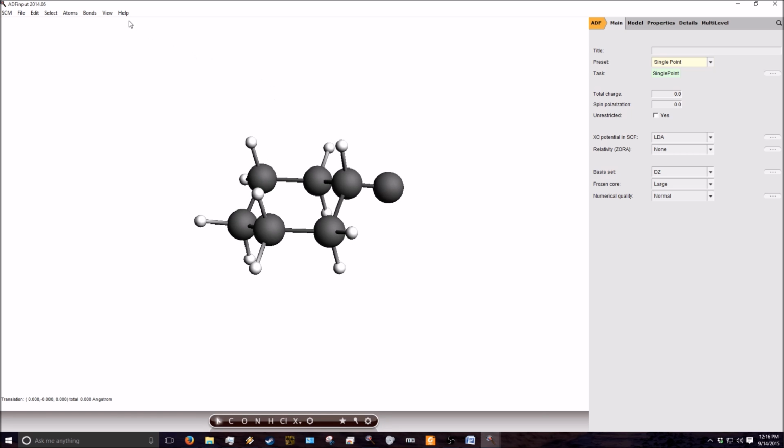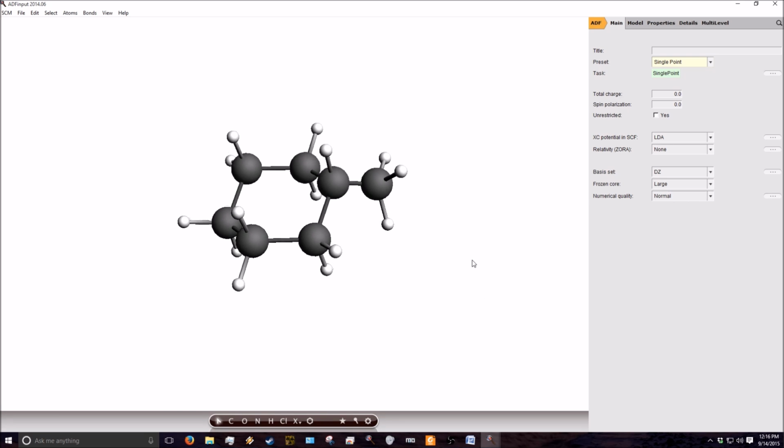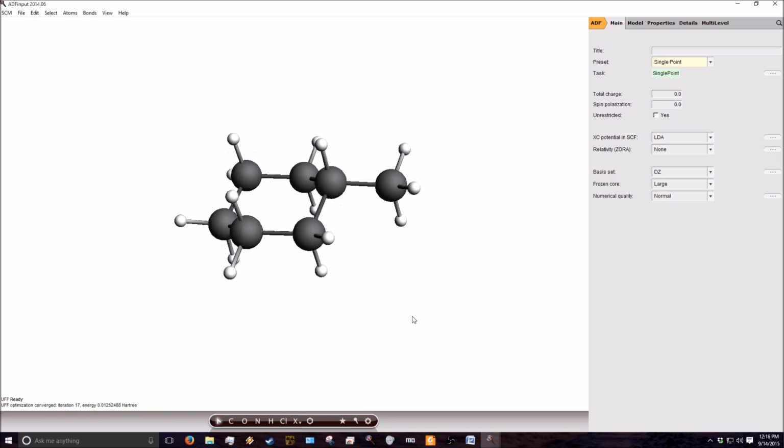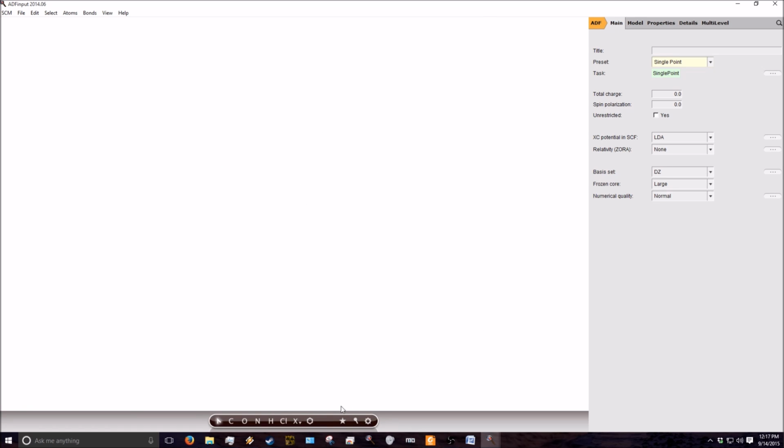And now I can once again add hydrogens. This time I'm just going to do Control H. It would be Command H if you're using a Mac. Alright, and now we can pre-optimize this, and there we go. Methyl cyclohexane. Alright, now I'm going to delete this,